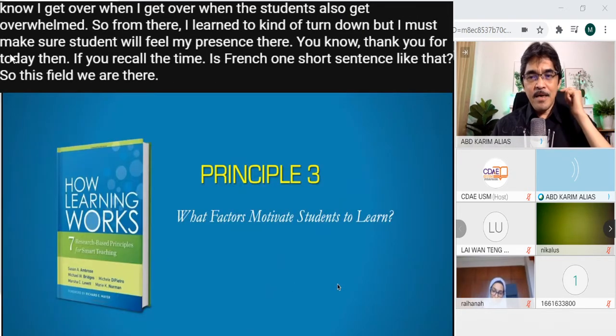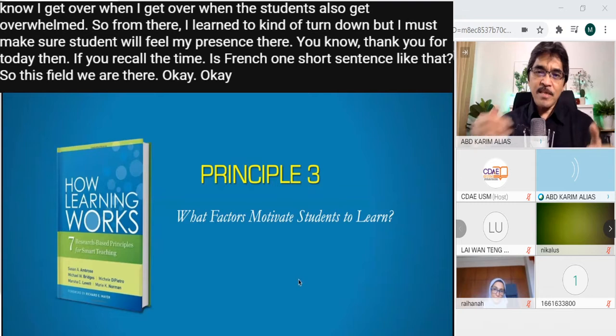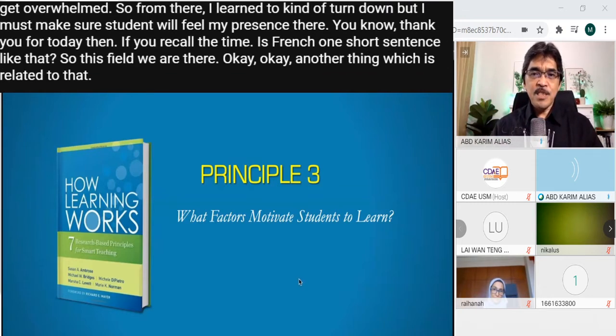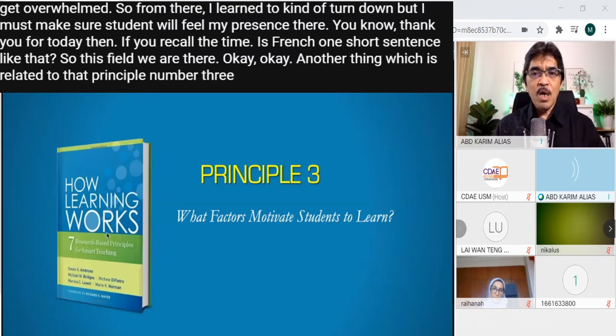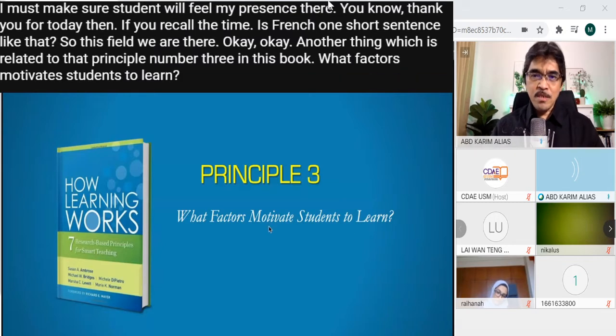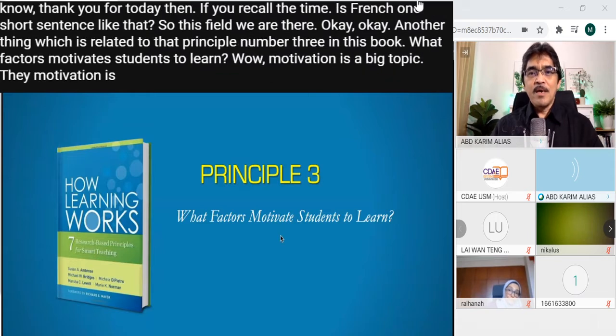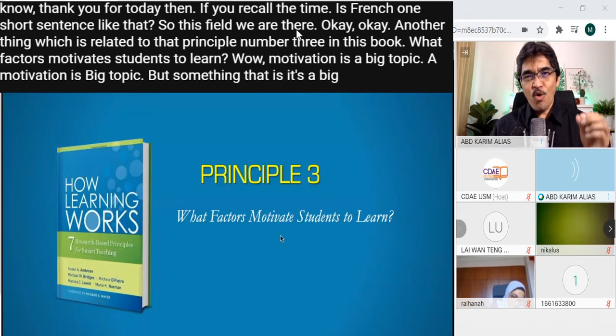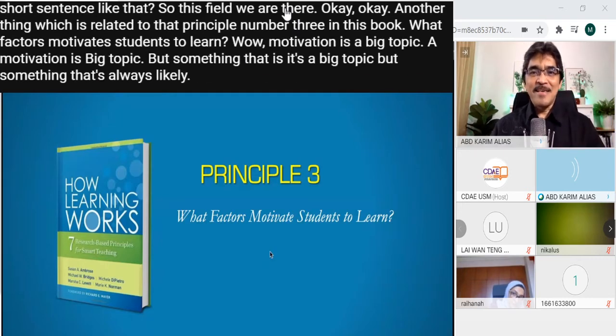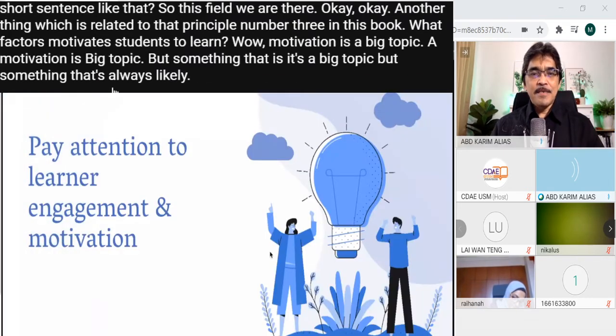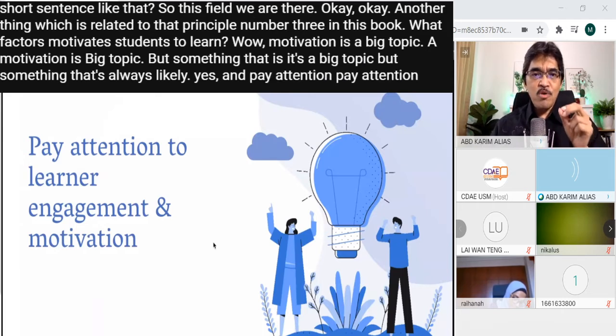Okay. Another thing which is related to that, principle number 3 in this book: what factors motivate students to learn? Wow, motivation is a big topic, but something that's always lacking. Yeah, pay attention to learner engagement and motivation, because